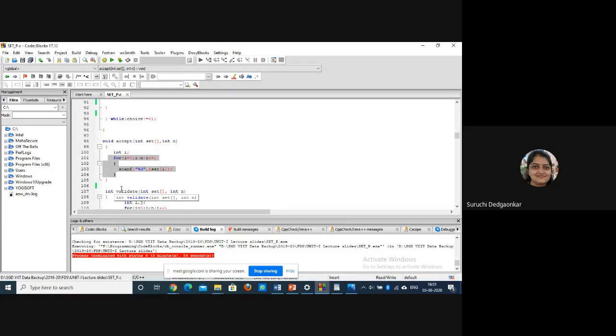That means you are not utilizing the function concept properly. So don't do such things. If you can have another division of the task, do it. And you have to avoid the redundancy of code.